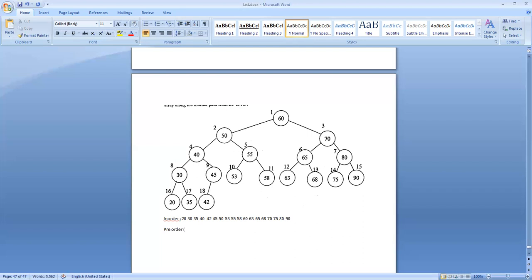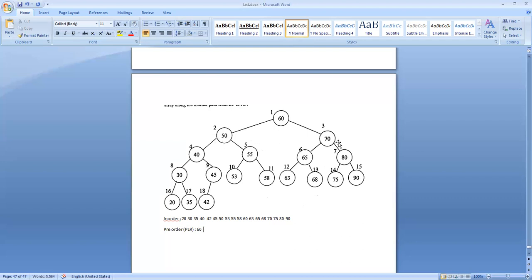That is, what is the ordering? Pre-order means parent, left, right. Starting from the root, 60 is a parent. You display it.